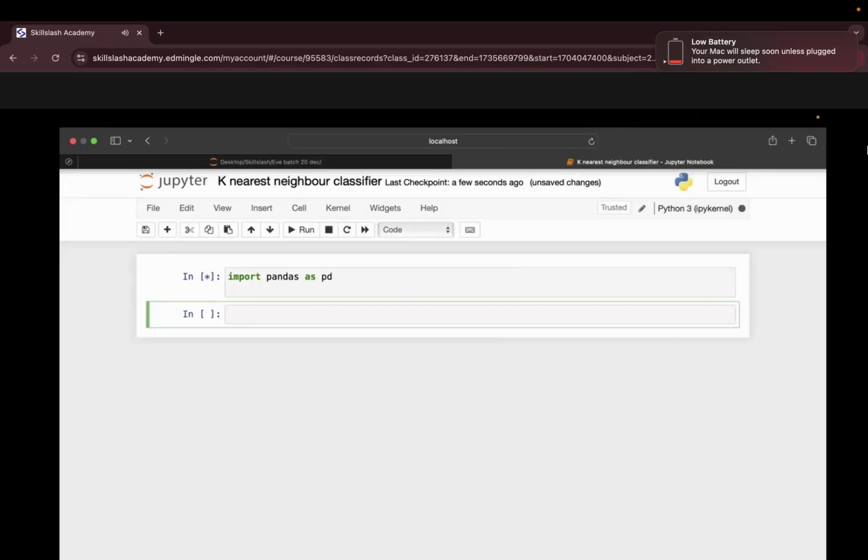We are done with stats as well. Nobody will act like a newcomer baby that we don't know how to read the data set. Point number one. Point number two, every library which is going to get used, we are going to write here only within the same cell. Okay? Chalo.